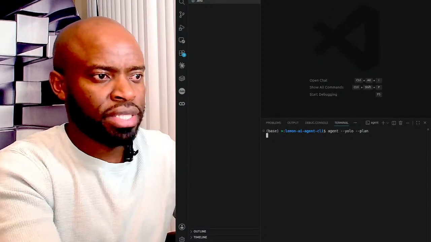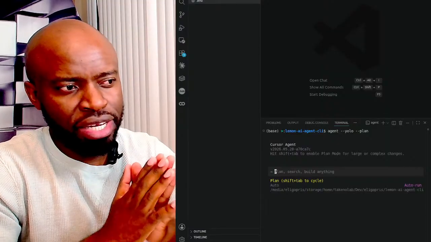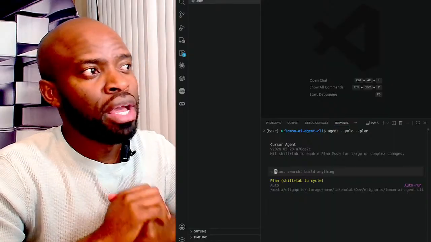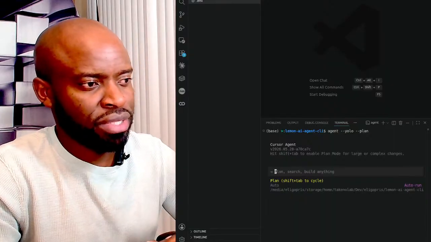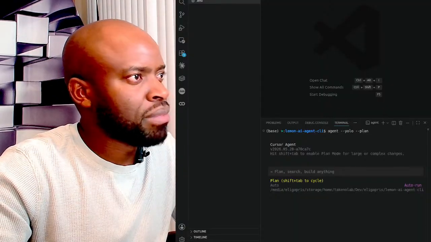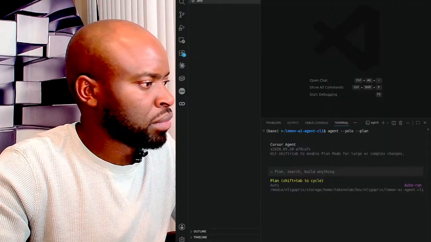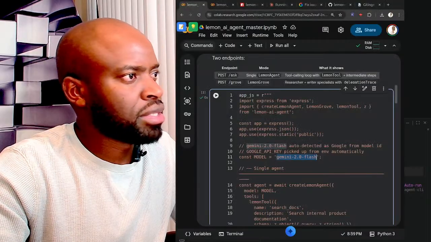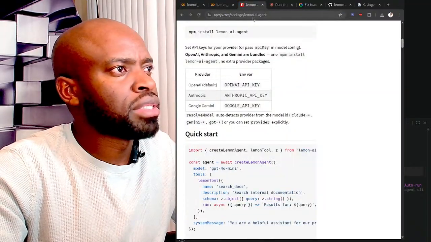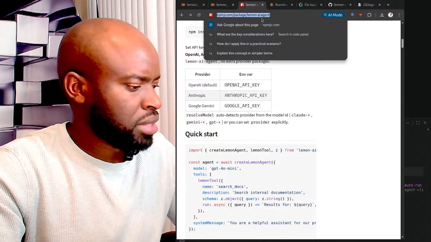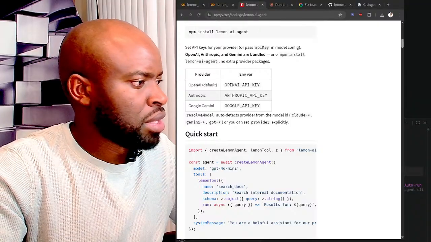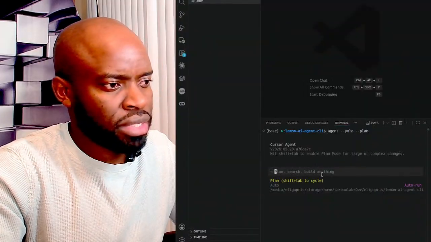In this part, I will need to provide all the details about lemon-ai agent, and I will tell it that the environment has been set, everything. So let's see. We'll go back to our lemon-ai agent, and we'll grab the lemon-ai agent URL, and we go back to our code editor and say, you know what,